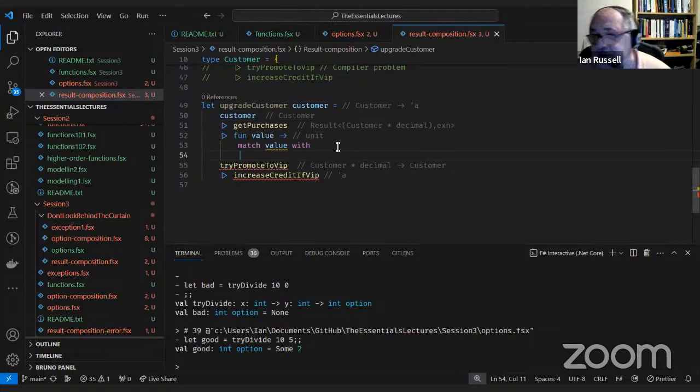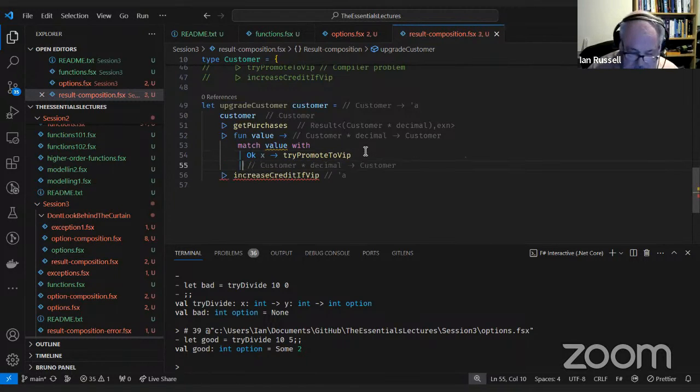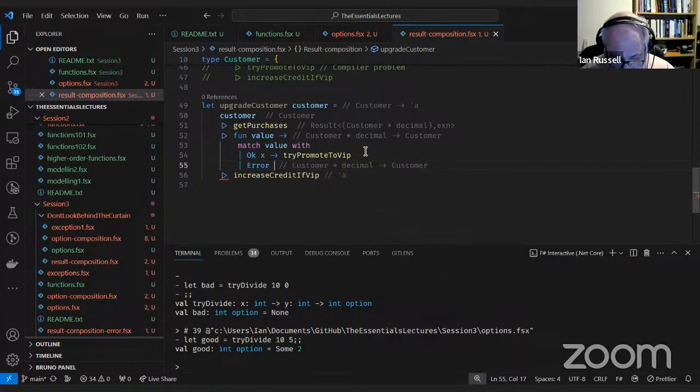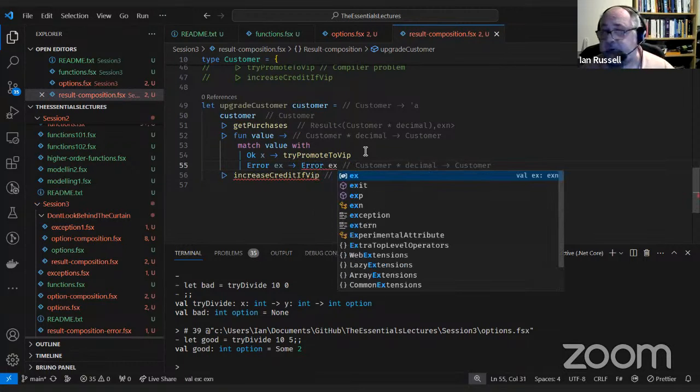So the result passes down. So it's either OK of X, or it's an error. I'll call that EX. And in the error case, we're just going to pass it down the line. We're not going to do anything with it.